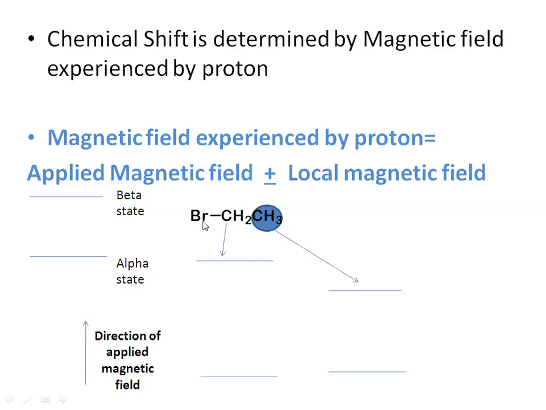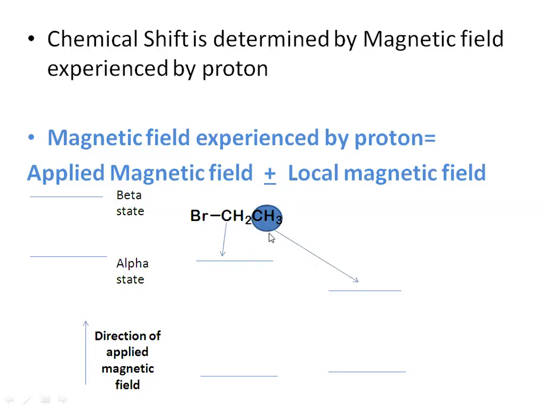Now here in this case, Br is an electron withdrawing group, and naturally the electron density around this methylene proton is less as compared to this methyl proton, which is more shielded. So whenever you apply the same magnetic field, this magnetic field is not fully experienced by this methyl group, because the electron cloud is going to generate its own magnetic field, which will be acting in the opposite direction to that of the applied magnetic field. And that's why the net magnetic field experienced by this proton is going to be less. So we can see the difference between the alpha and beta spin state for this methyl proton is to be decreased.